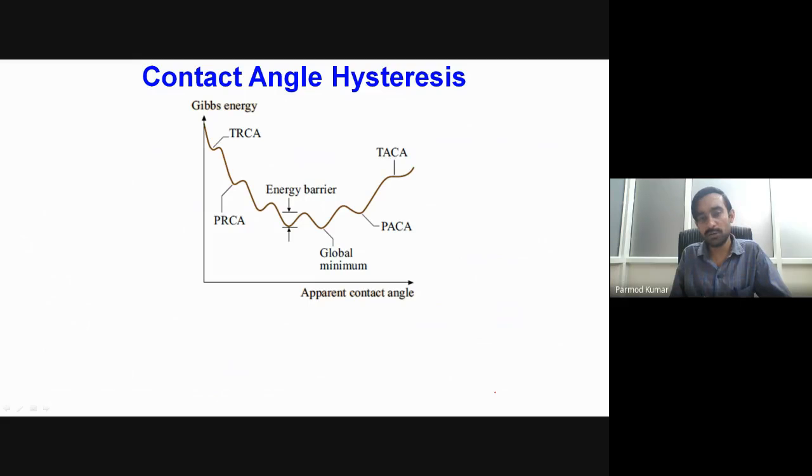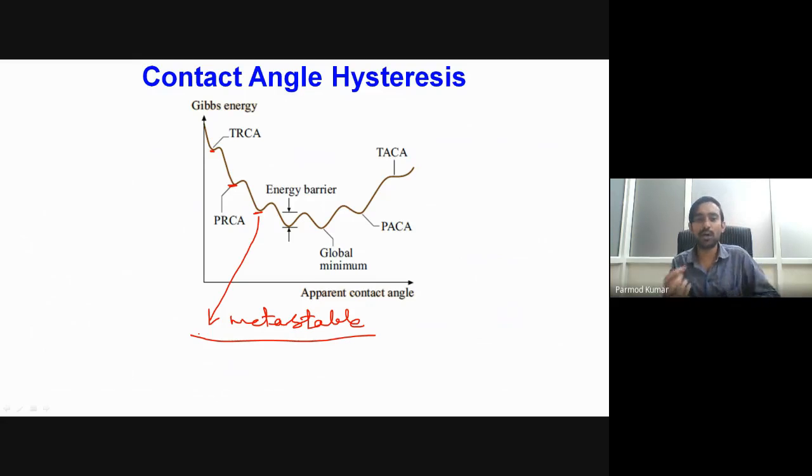So as I have already told you, if we go for a large number of experiments with different volumes, or even for a single combination also, we will be having multiple stages of minima of energy. So over here you can see one minima we are having over here, one over here, one over here. So like that we are having multiple minimas which exist. These local minimas are some local minimum energy states at which our droplet can actually be stable